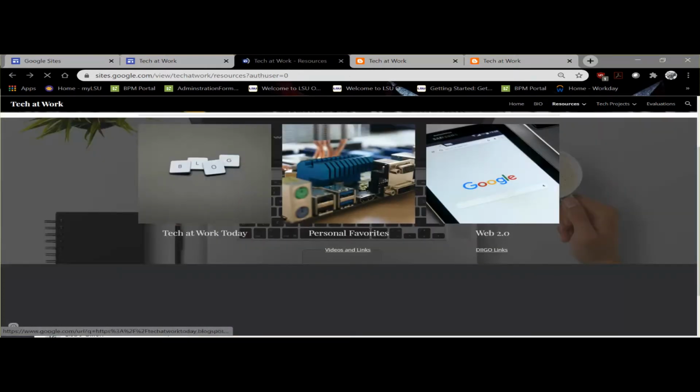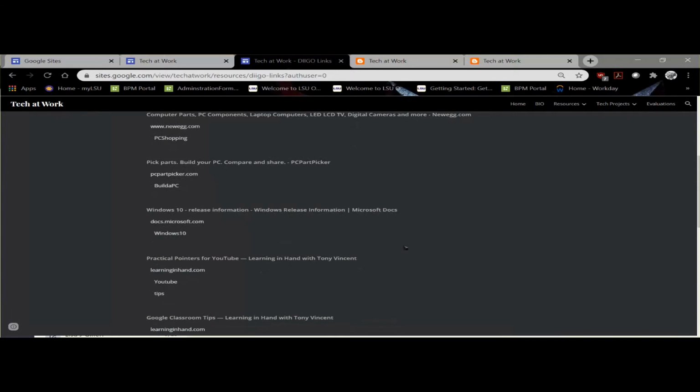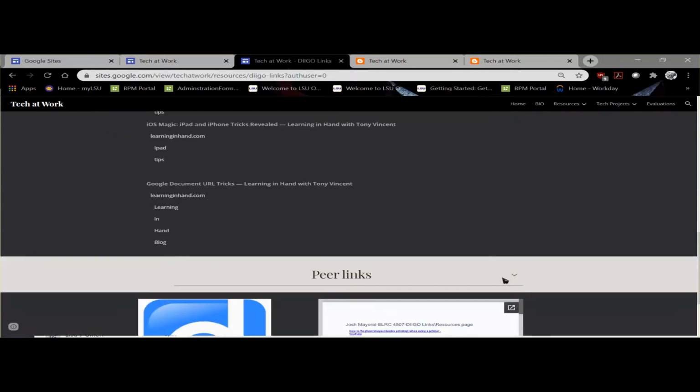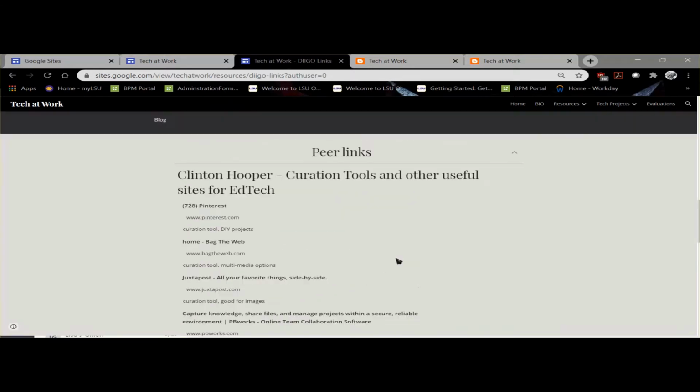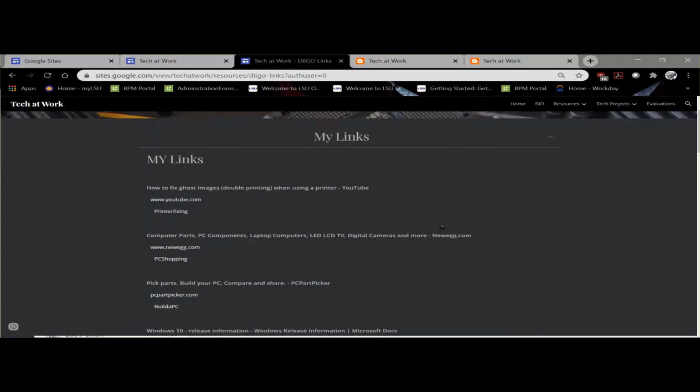So, all relevant stuff to what I do now, which is IT at LSU. The Diigo links, especially, I found useful. I actually had a meeting with my team a few weeks ago, and I suggested that we use some sort of curation tool. I sent them links to Diigo. I know for that site you can have a free account with up to 3 members for free before you have to start paying for extended membership, and that would actually work out really well for our team.